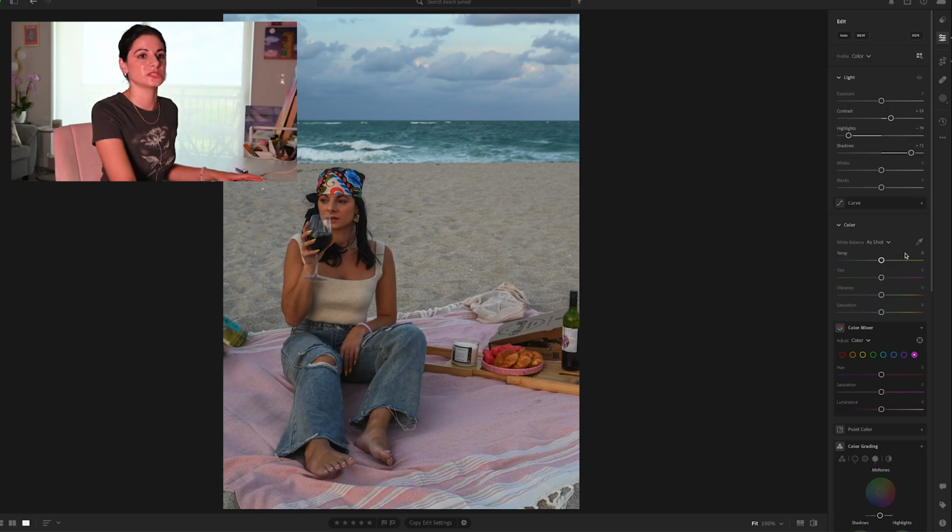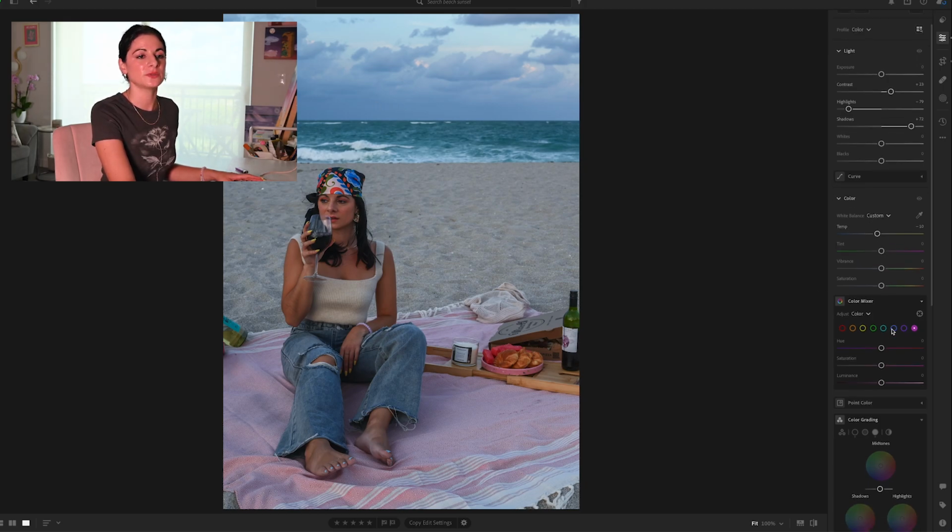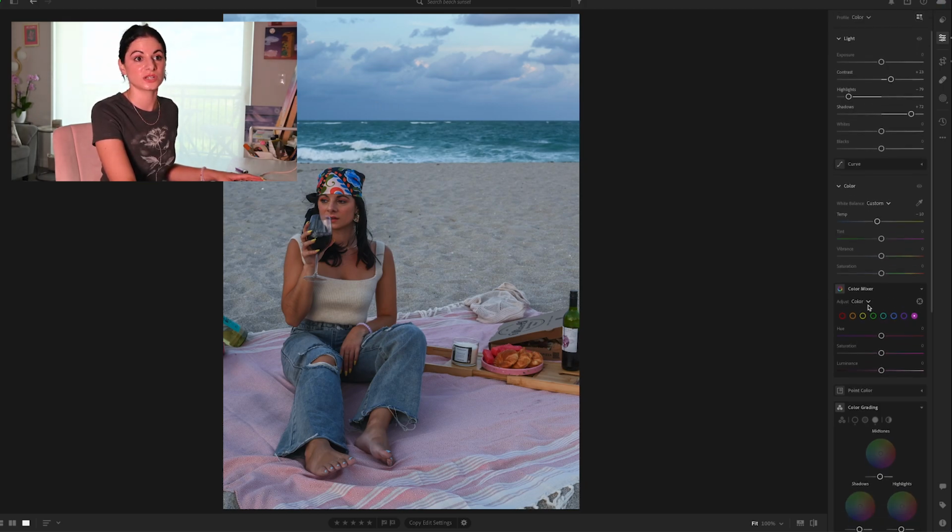I'm going to go down here into the temperature menu and lower this to about -10, just to start bringing back in some of these blues. And I am going to go into the color mixer here and go into the teal first and make it a little bit more of a blue tone. You can kind of see the difference here. Actually, I think we should amp it up to teal because you really are starting to see the difference in